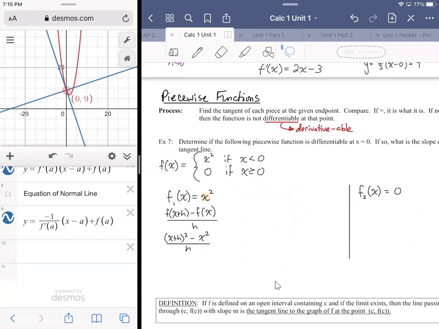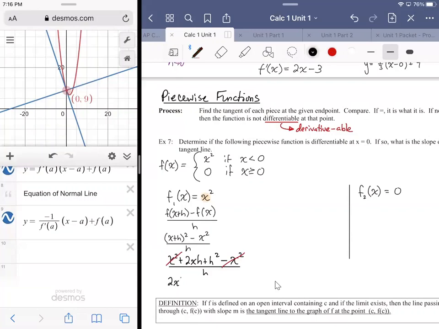I'm just going to move that over there. We know that when we distribute out the (x + h) squared, it becomes x squared plus 2xh plus h squared. We have the x squared for the f of x, and the whole thing's over h. Common x squares will cancel. So we'd have 2x